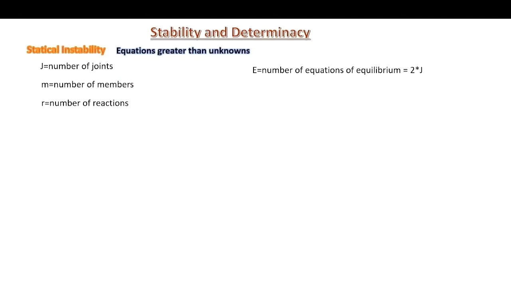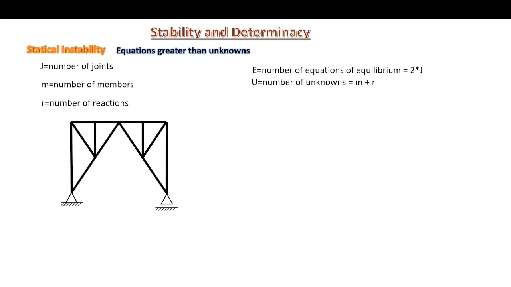Sigma forces in the x direction equals 0, and the other equation is sigma forces in the y direction equals 0. The unknowns are M plus R, which means that the unknowns are the internal forces in the members and the external reactions of the truss. Now considering this truss